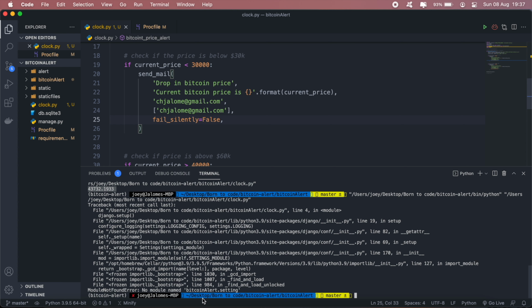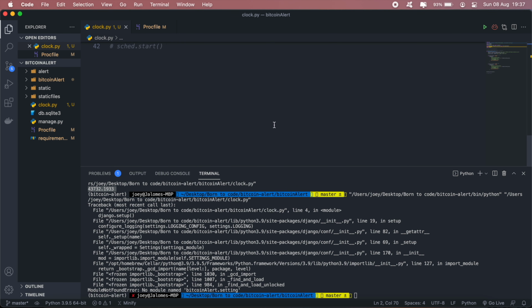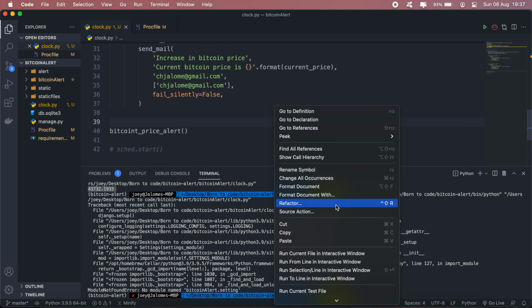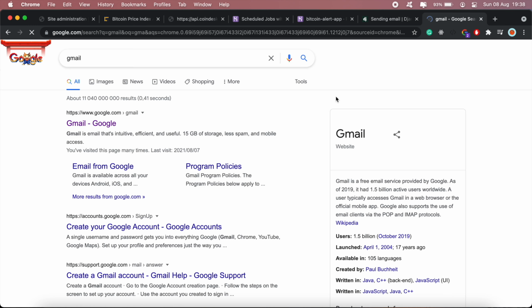No module named Bitcoin alert dot setting. Left out an S there. Let's try that again. Okay. If everything went as planned,